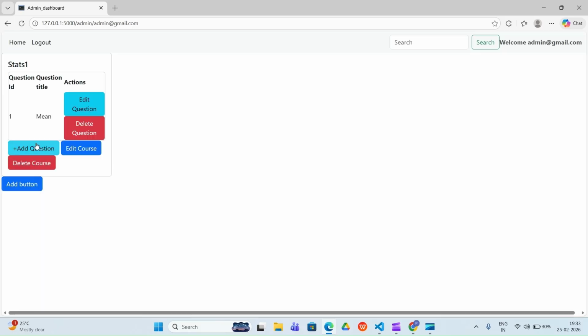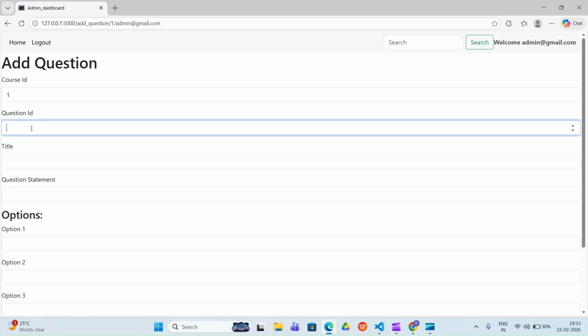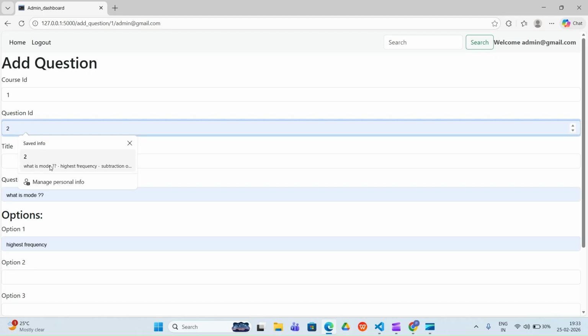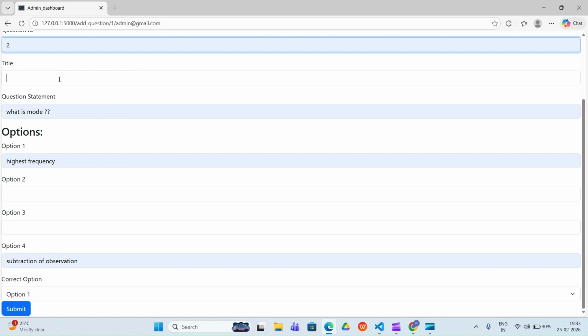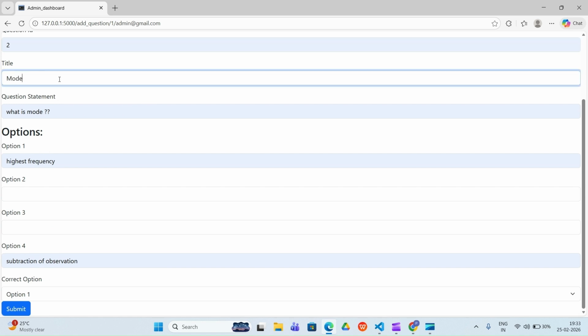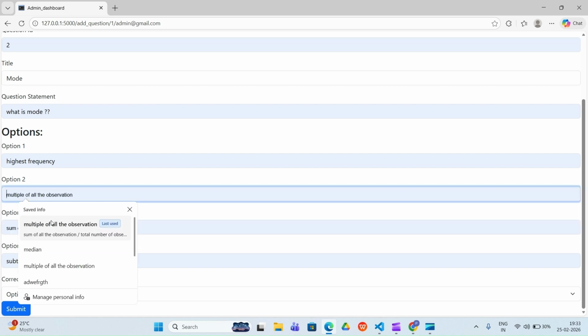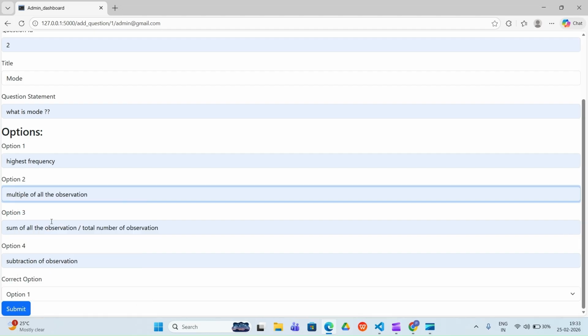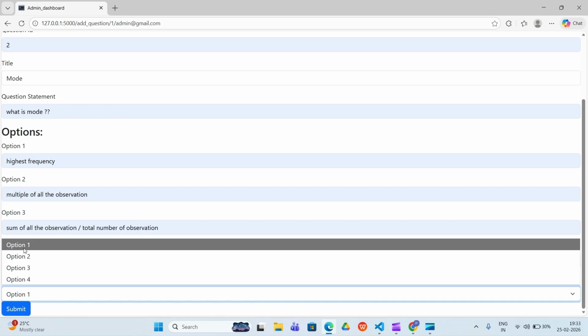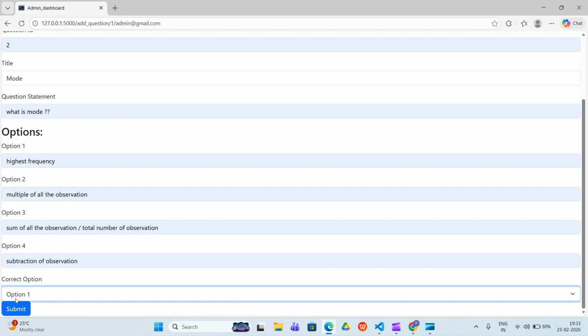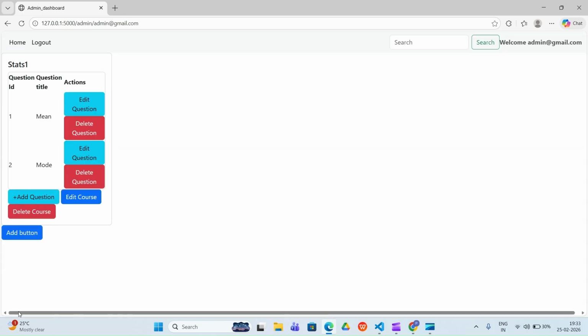And yeah, now let's create another question also. So we'll write here second, what is mode, and then we'll give the title here also. So we'll write here mode, and then whatever other things are there, we will just write it. The correct option for this one is also the first option. So we'll just submit it. And let's create another question also.